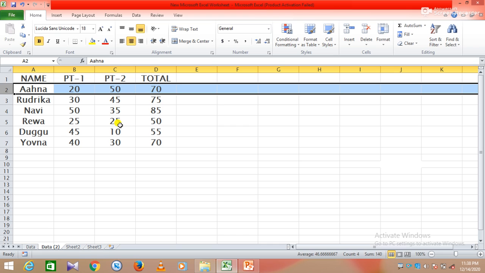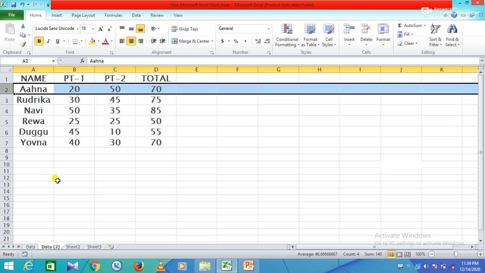So to quickly solve this problem, we can use two methods. First is the filter function and second is conditional formatting, based on certain criteria. So first we will apply the filter function. With this function you can display the rows that you need and hide the unwanted rows. You can do it with the following steps.